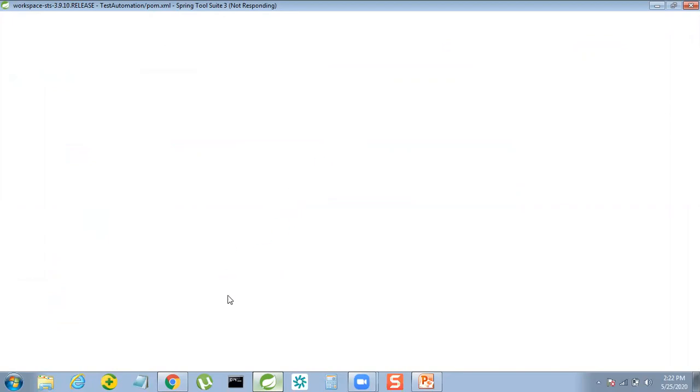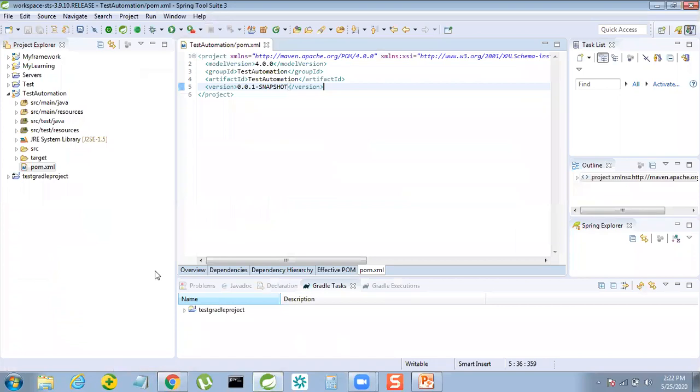Let's wait for 1 minute. Okay, so it got opened. Okay, so after this fifth line, just press enter, add some empty lines. So in here you have to add one tag. Okay, the tag name is dependencies.